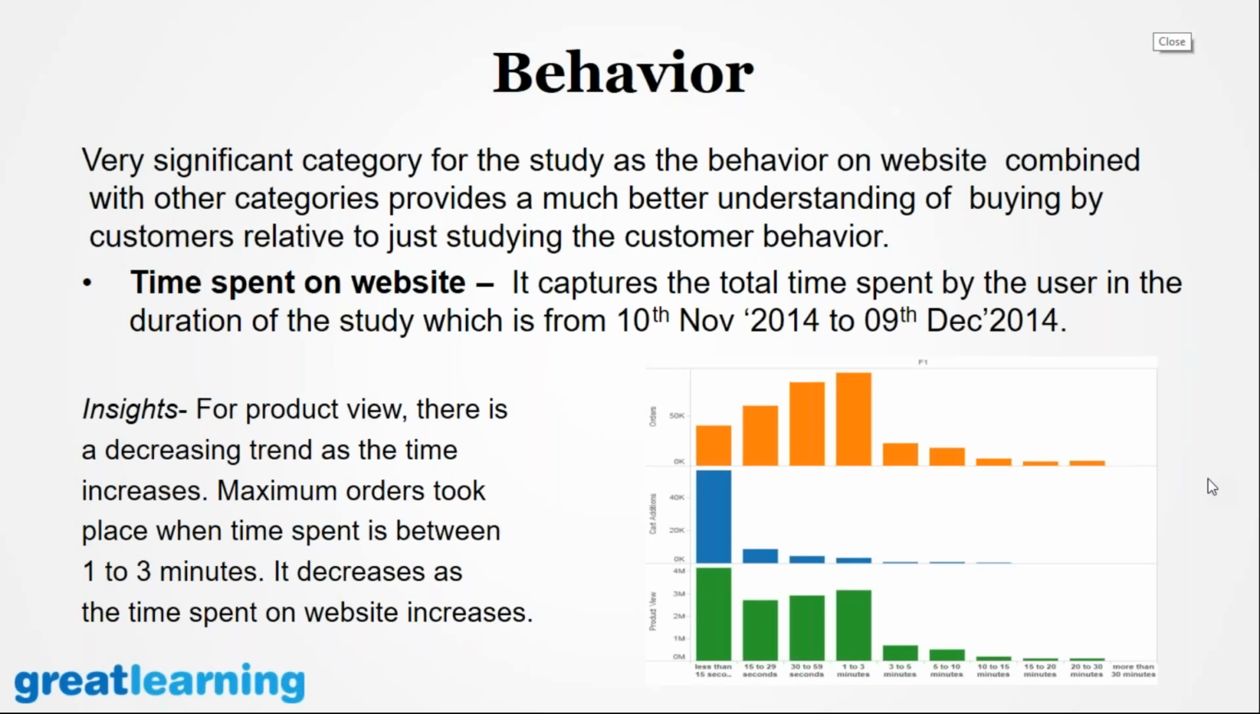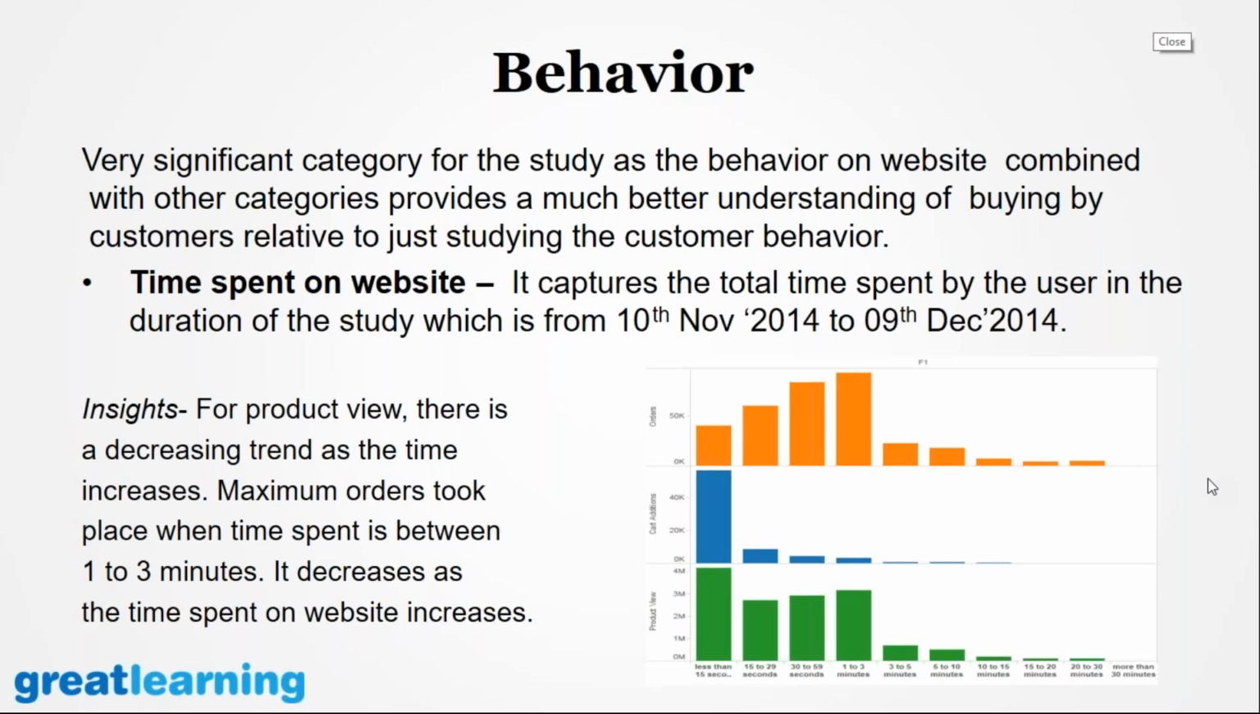Time spent on website. It captures the total time spent by the user in the duration of the study, which is from 10th November 2014 till 9th December 2014. Our data was for 1 month. The insights,